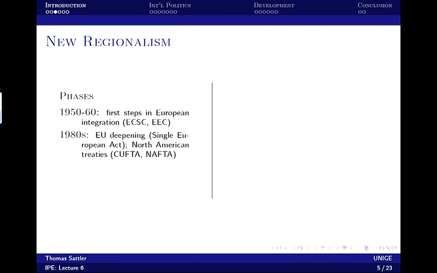We saw similar developments in other regions. So we saw the North American Free Trade Area, which was established in 1993, and that was preceded by the Canada-United States Free Trade Area. And as you're going to see in a moment, we saw an explosion of bilateral agreements that now go beyond just Europe and just the United States from 1990 onwards.